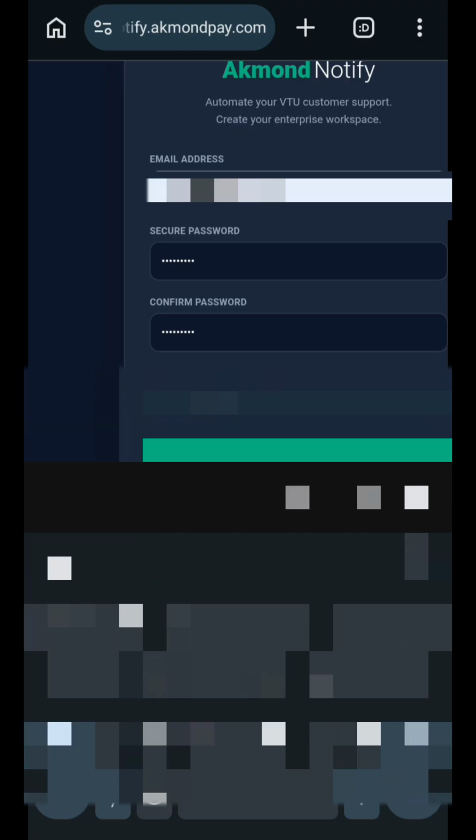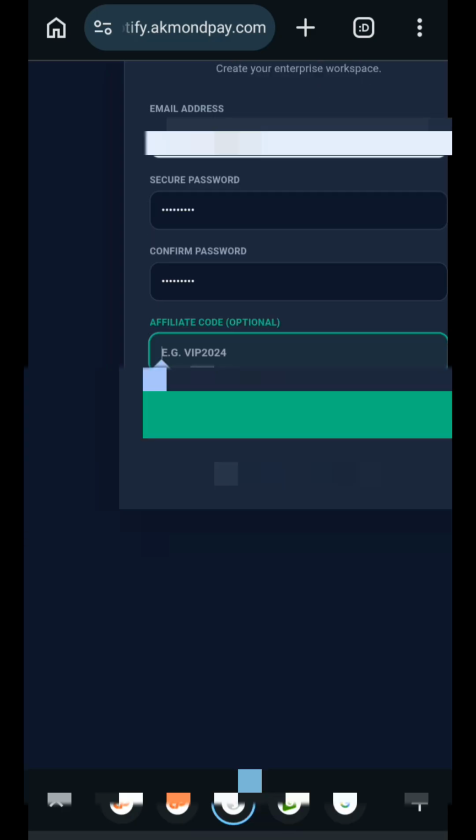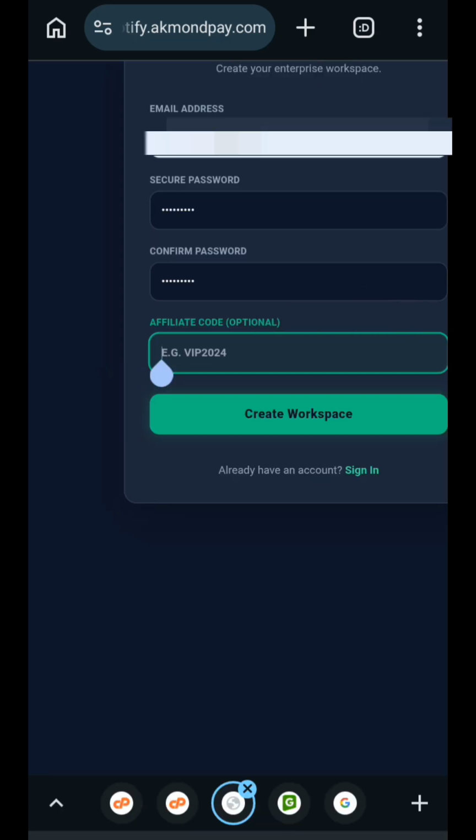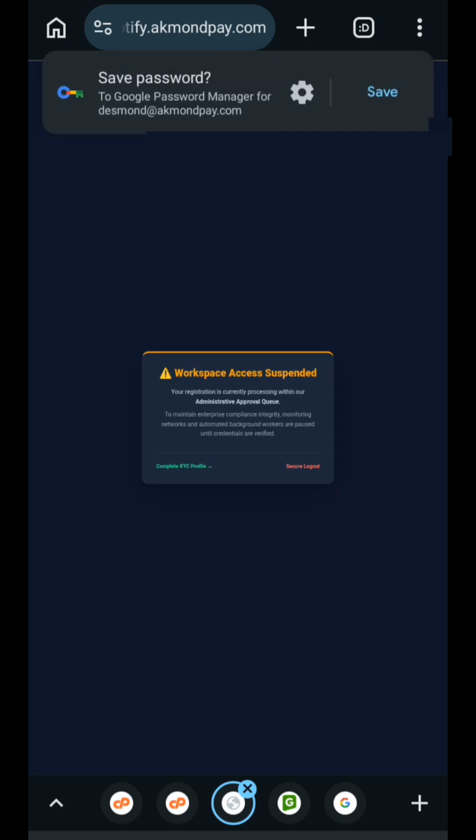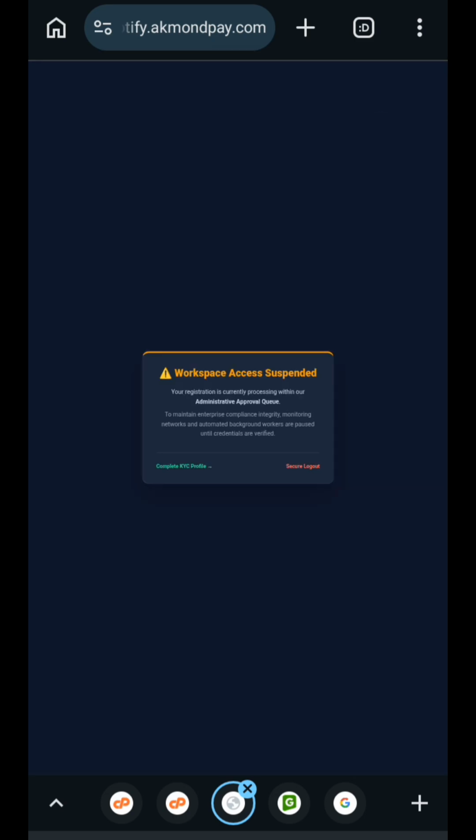If you have an affiliate code, you enter it. If you do not have it, no problem. Create workspace. Immediately you do that, your account is created, but you need to do one final thing,